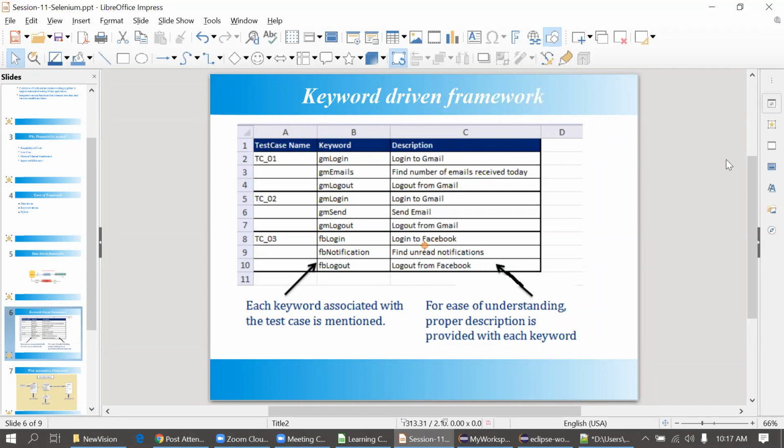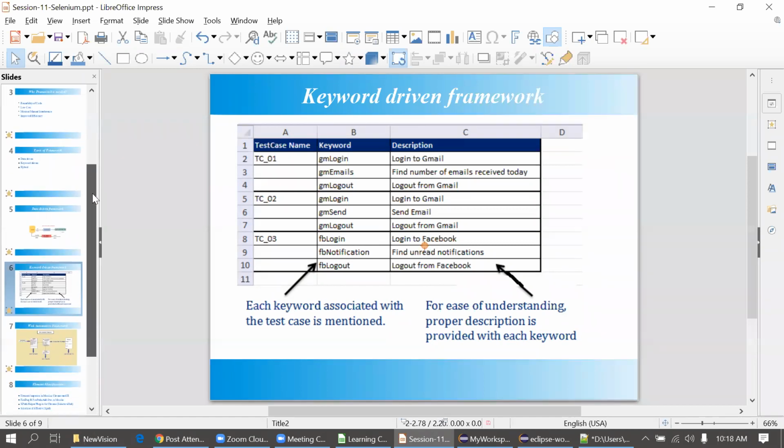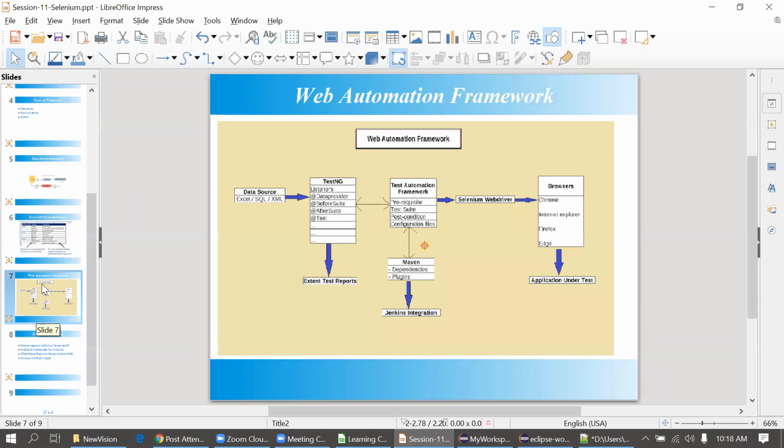And we will write some functions. Suppose I want to log in, I will just write a function login, logout, or suppose I want to verify a particular table, so I will just write a function to verify table. Okay. So that again we will cover practically. So I will just show you the practical, what actually we are going to do in our framework.